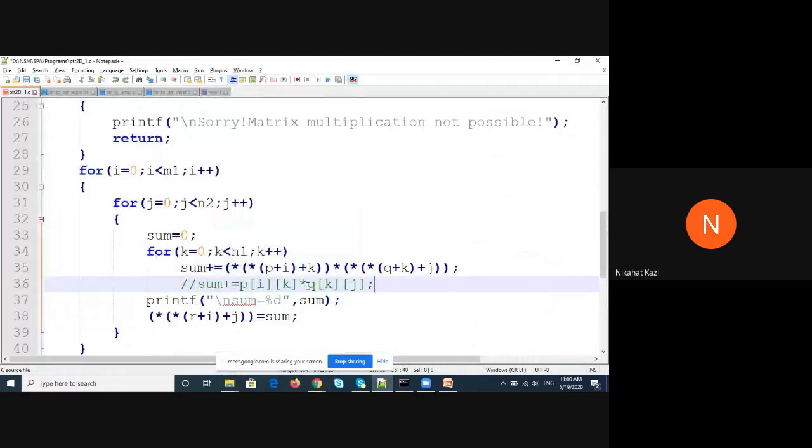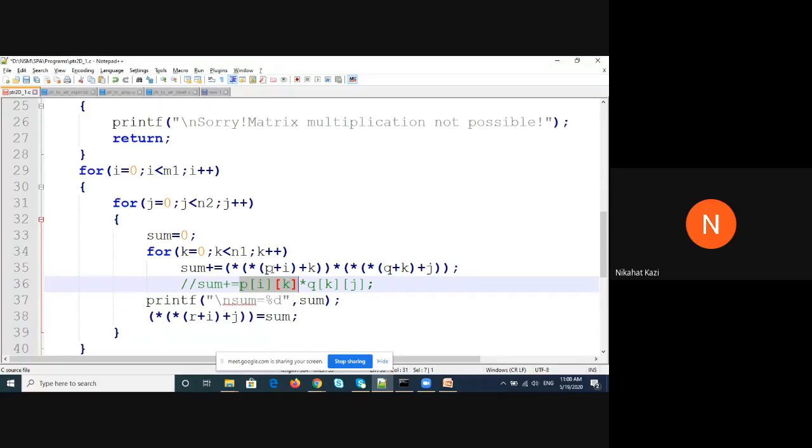So instead of P of IK, what should be the expression using pointers that you have to find? The expression is simply ith row, kth column. So first you go to the ith row. To go to the ith row, you need to write P plus I. But you need the address of that, and then you need the value from the address, right? So star of P plus I will give me the base address, the 0th element address in the ith array, in the ith row.